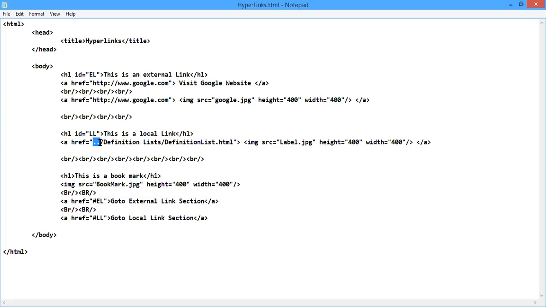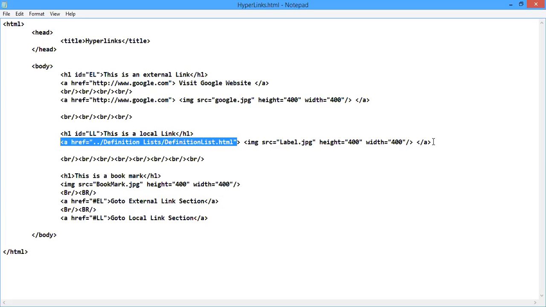Here, since I have used two dots, it will go back and access the definition list folder, and access the resource available within that folder. So in order to go back once from the current directory, from the current folder, we can use two dots. Or else, as I have told you in the previous lesson, the image inserting lesson, instead of the selected part, you can directly set the whole path. It also works.